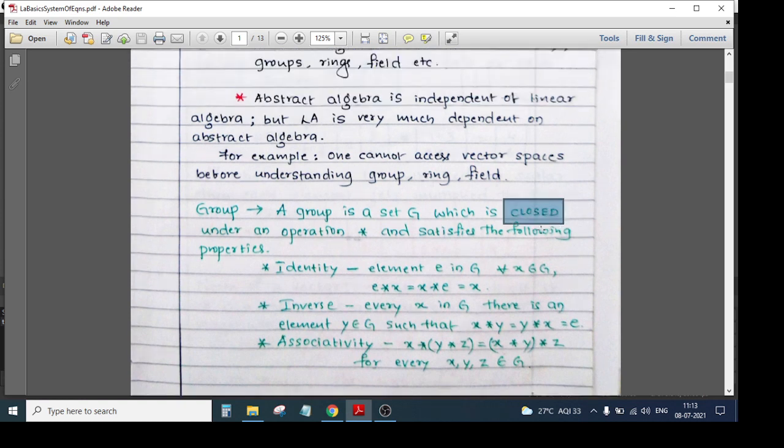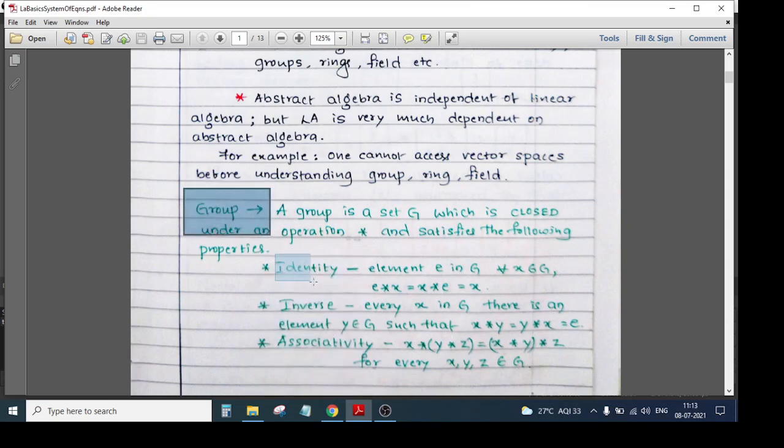The meaning of closed is nothing but, suppose I have two numbers like 3 and 4, and you do the multiplication, and after multiplication the result which you will be getting will be again a number. If such a thing happens, then we call it a group. I'm just giving you an example. So, closed: if I have a group G and it is closed under multiplication and it satisfies all these properties, then we say it is a group. Okay, so let us see now what actually these properties are.